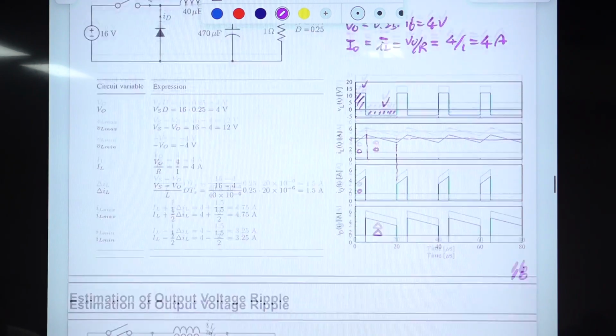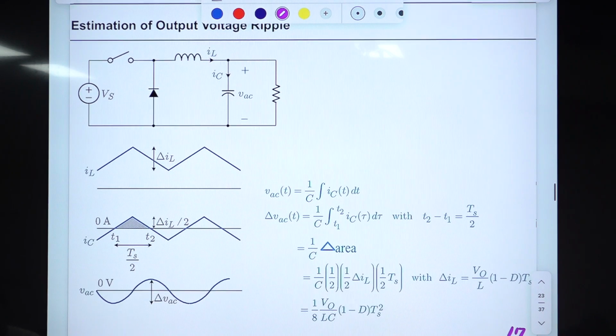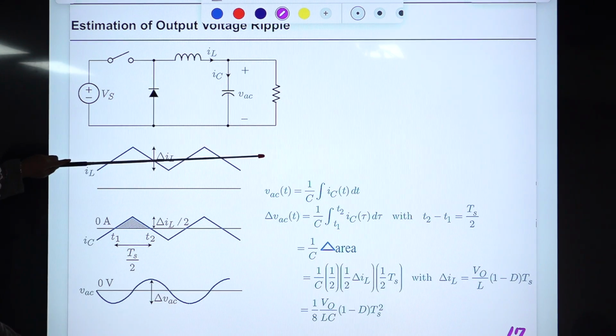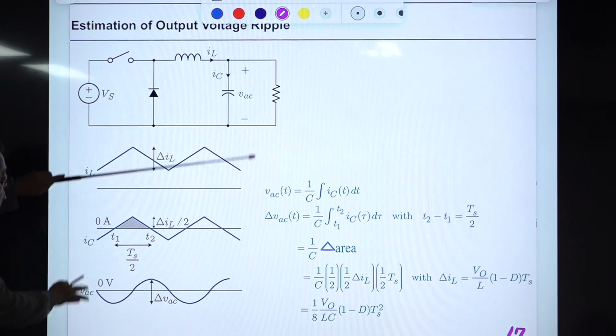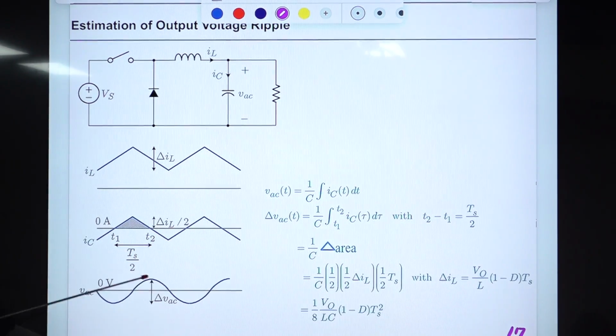And the next slide shows the estimation of our voltage ripple, okay? We ignored the output voltage ripple and we assumed the output is pure DC, and that is not true. Okay, so this is IL. This represents the variation, fluctuation of IL, and the average value is somewhere here. And you bring down this by that amount, then you have this. Okay, so you have this structure,